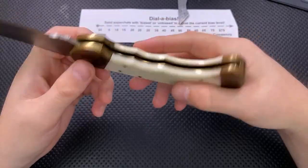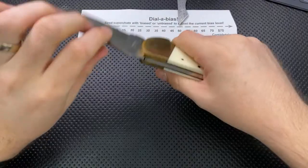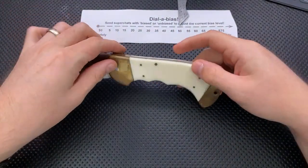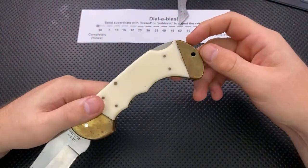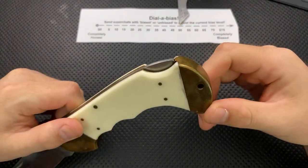Is it able to be disassembled and maintained? Probably. I imagine if you go after a bear with it, it'll disassemble it for you. By the way, look at this lanyard hole. This is the most disproportionate lanyard hole ever in the opposite direction, right? Like, you could barely get a...